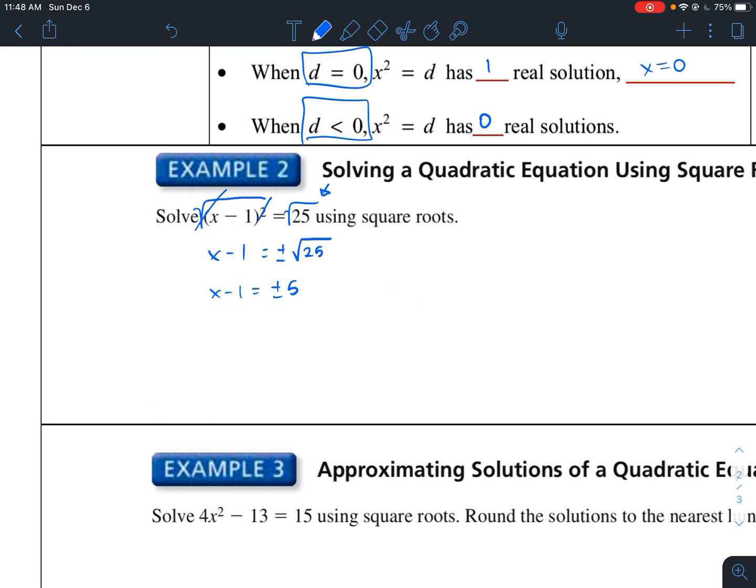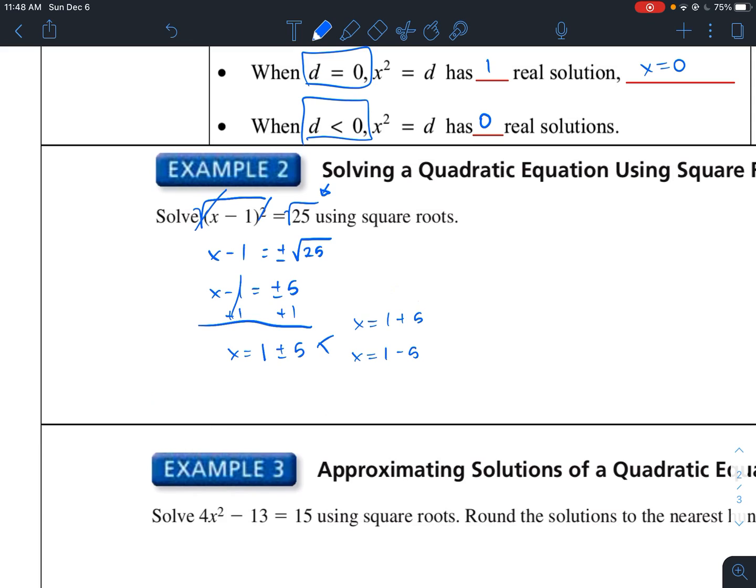Alright, so now I have this negative 1 over here. I still need to get x by itself. So I'm going to add 1 over here and over here to get rid of that. So I have x is equal to 1 plus or minus 5. And this can be broken down into two different answers. So this could be broken down to x is equal to 1 plus 5 and x is equal to 1